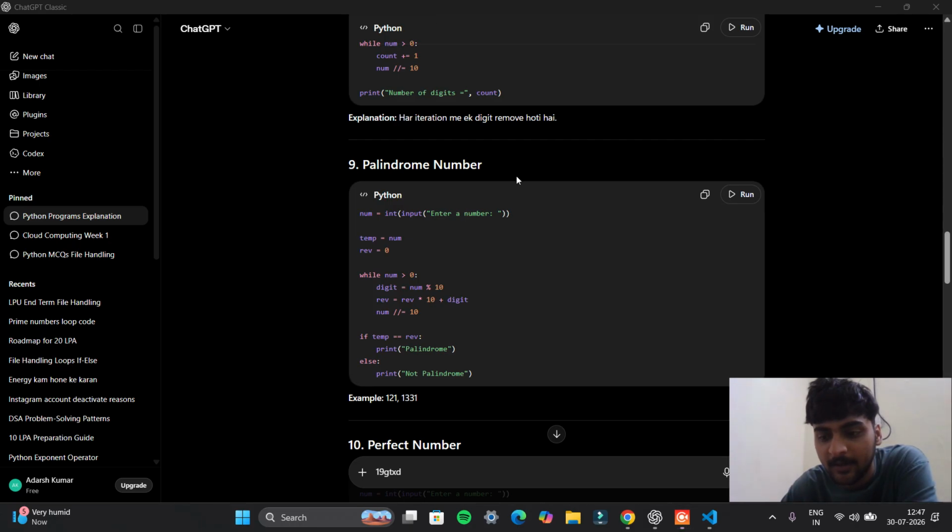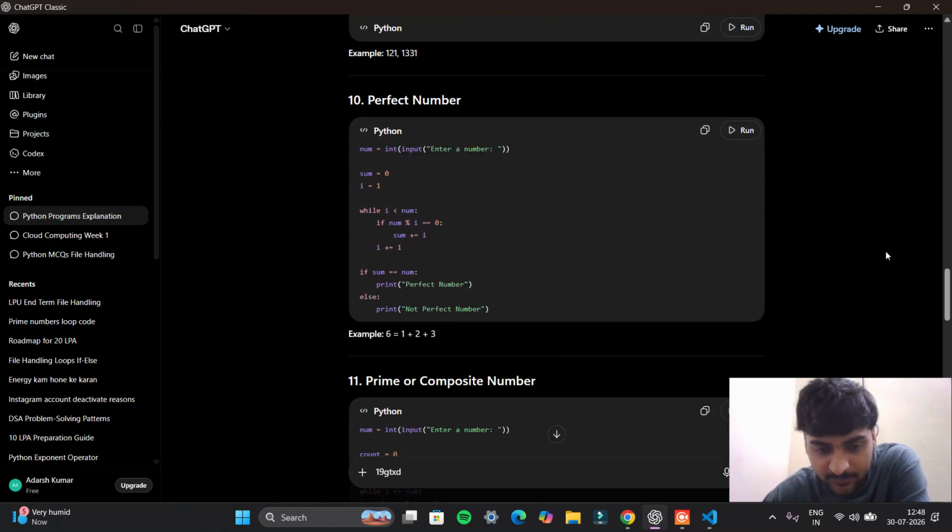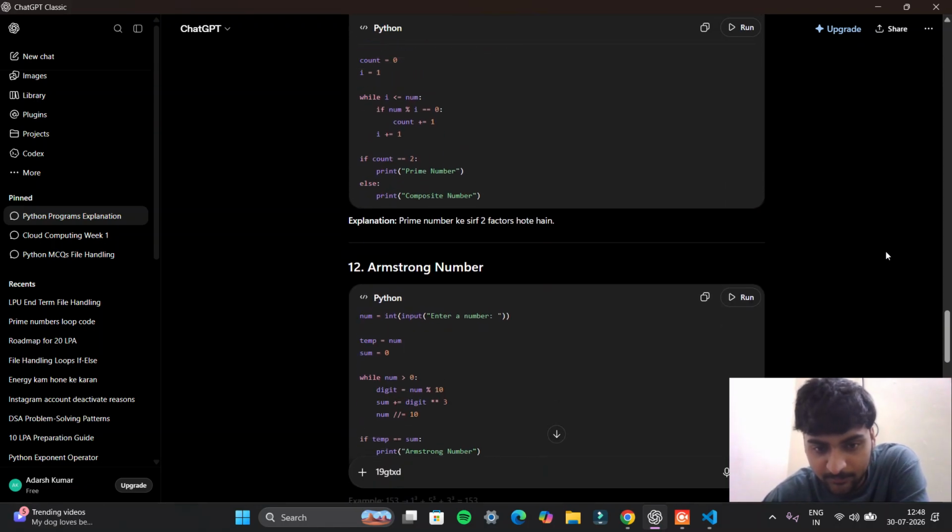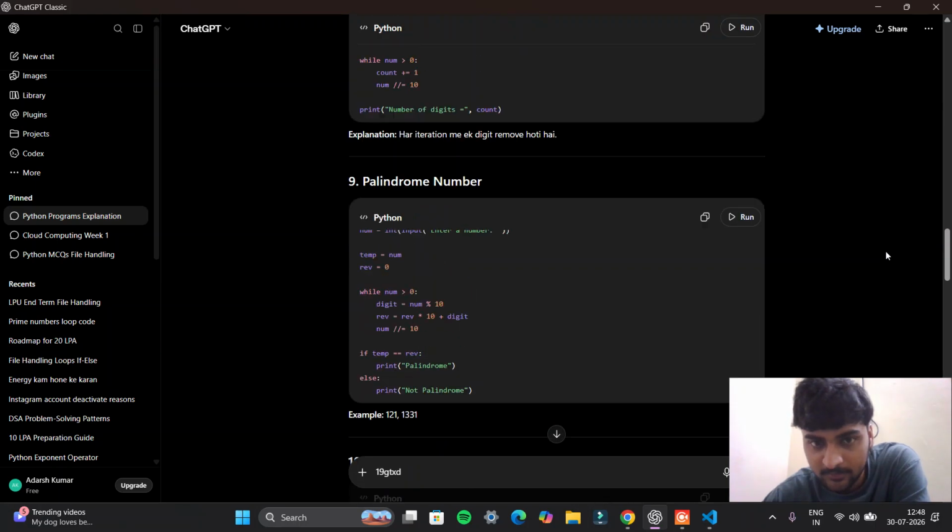So these are the palindrome numbers that I showed you. We have learned Fibonacci, reverse number, palindrome, prime composite, Armstrong number, sum of digits of a number, count the digits of a number. These are some of the things that we have learned today, and these are important for my examination, because these questions come in the end term. And perfect number, prime or composite number, Armstrong number, these are all the things that are in my